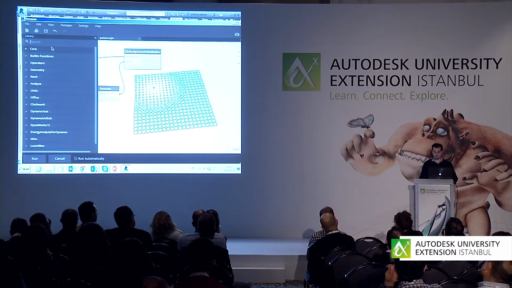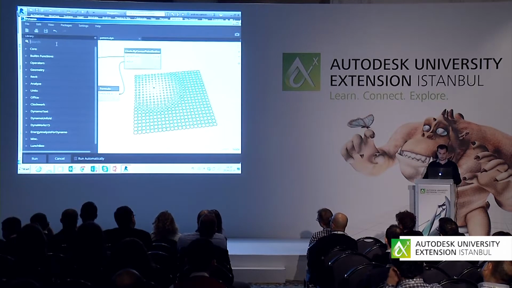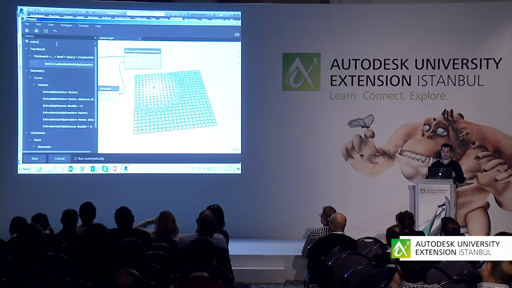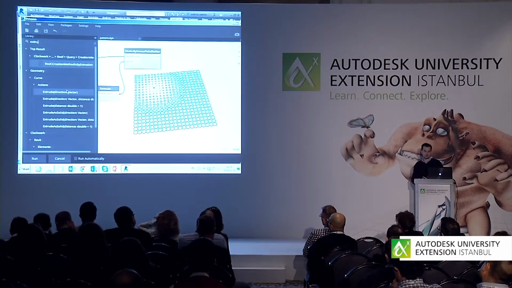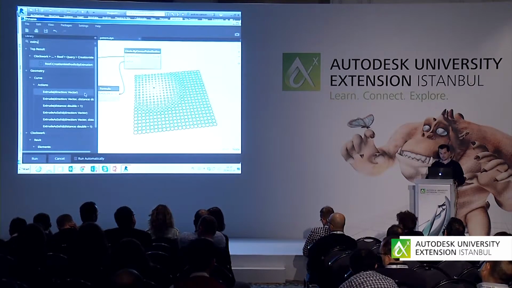That can also be very easily done here in Dynamo, because what I will search for right now is extrusion or extrude, and now you can see that there are many different methods you can use to extrude a closed loop. One of them is extrude as solid,